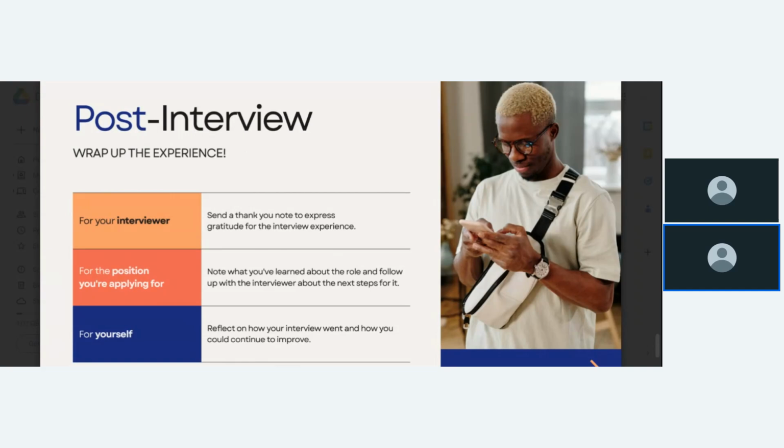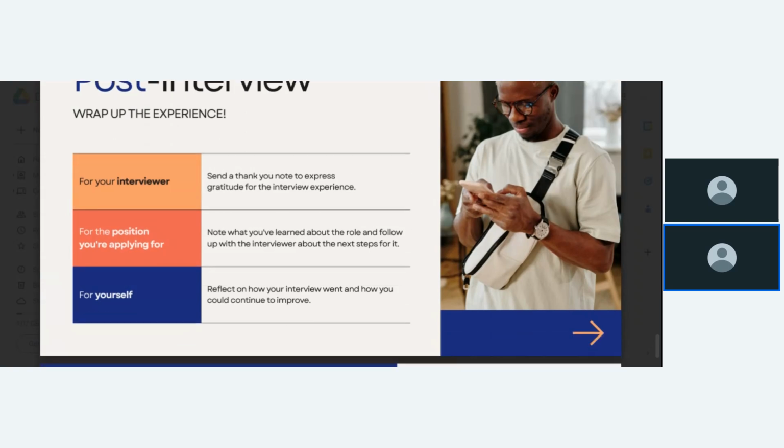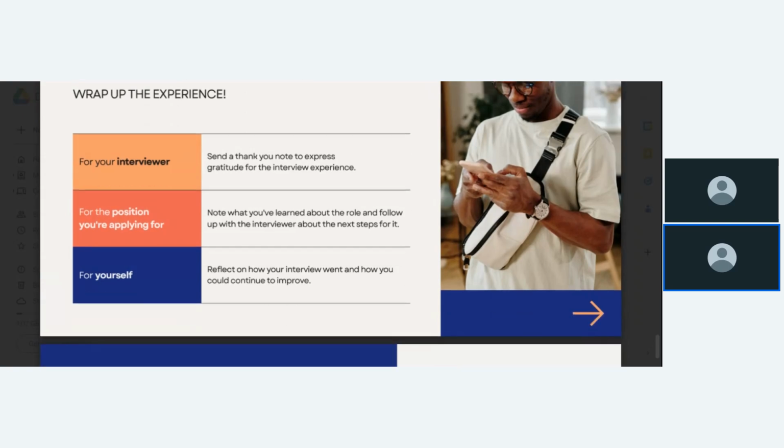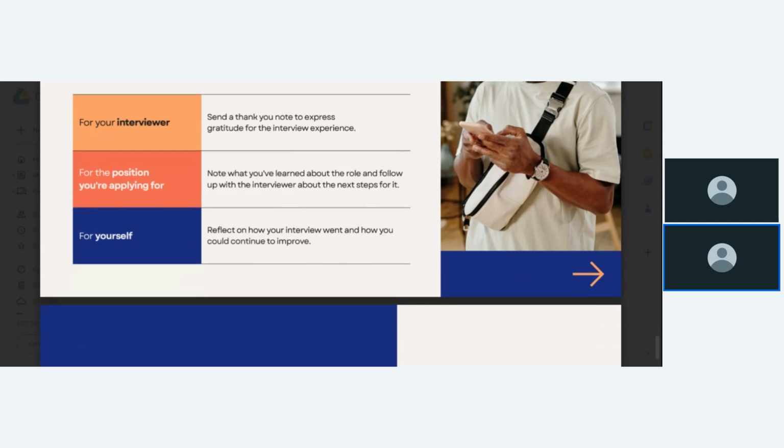We talked about that yesterday, and I believe we understand what this is about already. In that thank you note, you're talking about what you learned, what you expect, and the fact that you're looking out for the next steps.